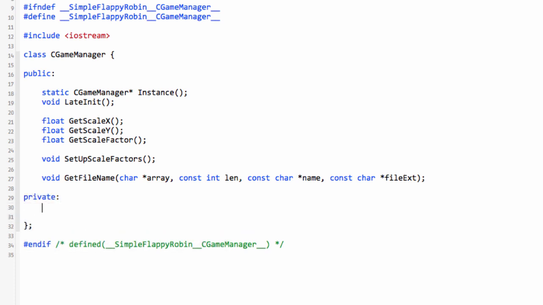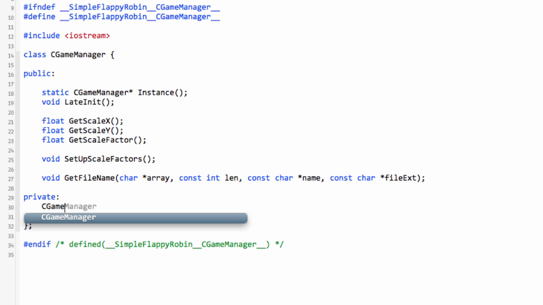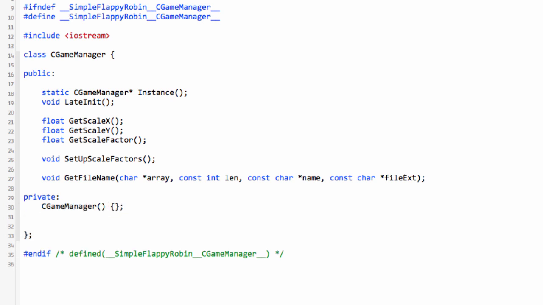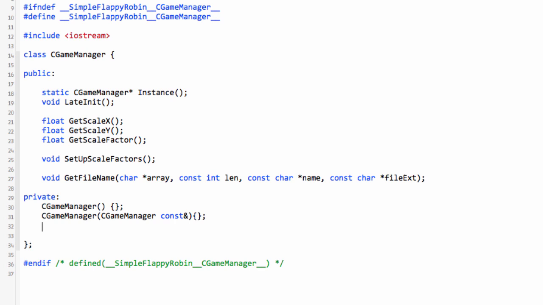So now on the private side of things, we need to do this setup of the singleton with our constructor, and then the copy constructor, and also the equals operator. This is fairly standard stuff. If you look up how you do a singleton pattern in C++, you'll see this. And then last but not least,